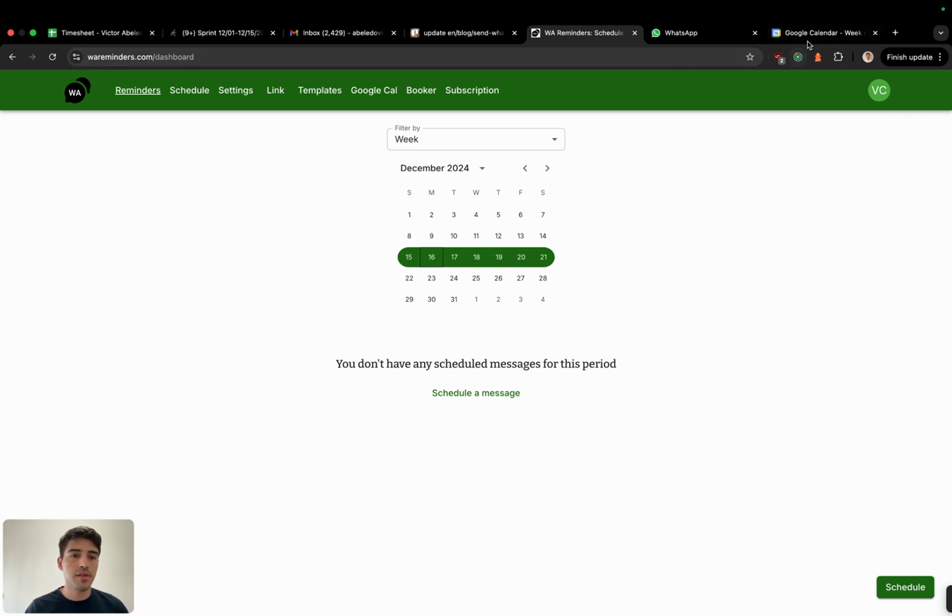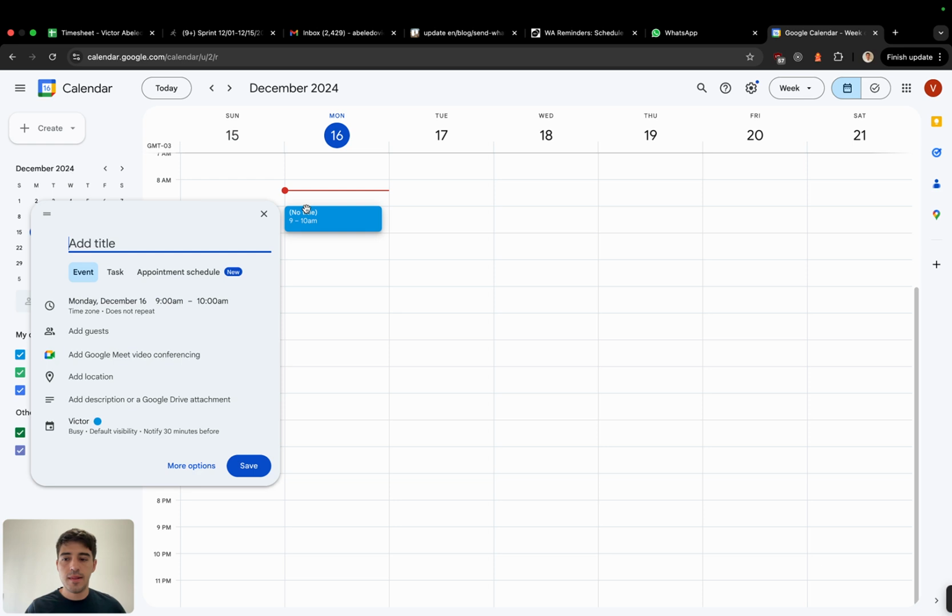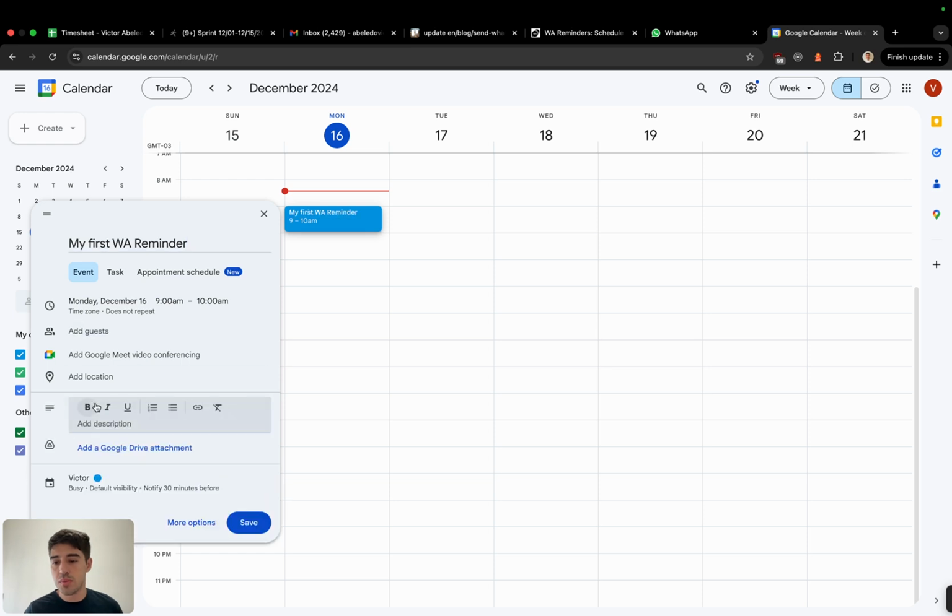with War Reminders. The way to make it work is you go to Google Calendar and create an event. We will name it my first War Reminder. And then we can do two different things. We can either include the recipient phone number here on the title, or we can also use the description for that. So I will send a message to myself. So my number is this one,